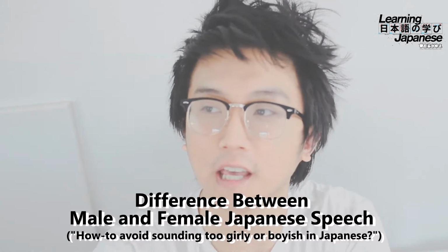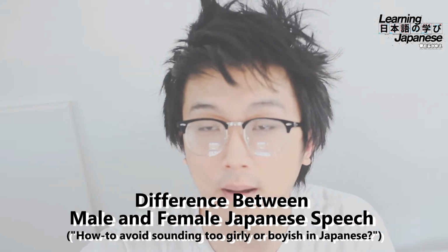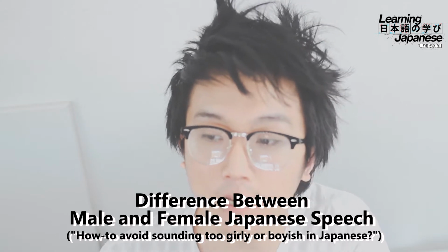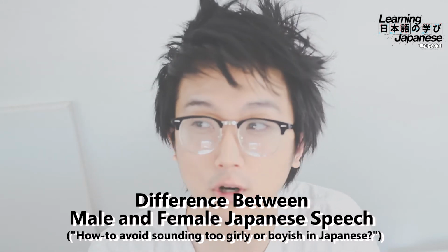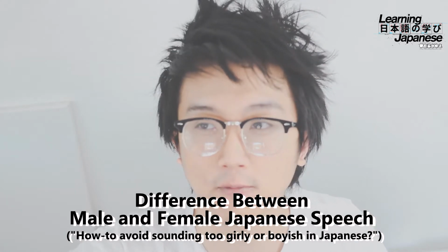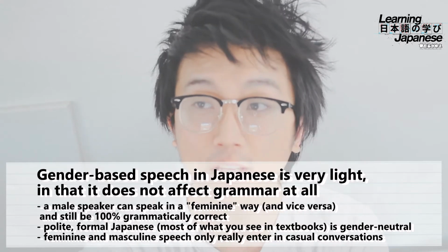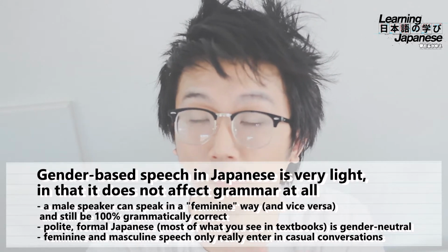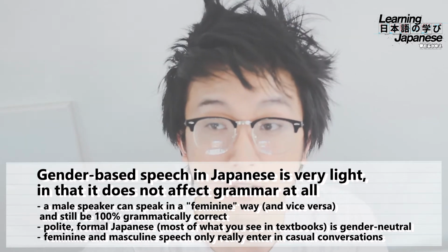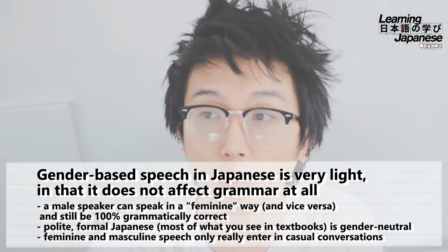Okay, so in many languages across the world, there is a clear distinction between basically masculinity and femininity. For example, of course, in the Spanish language, all nouns are assigned a grammatical gender, even if they're words that represent inanimate objects that have no physical gender. The Japanese language employs a difference between female and male speech in a much lighter sense, in that male speakers and female speakers will speak in a slightly different way in certain points of their